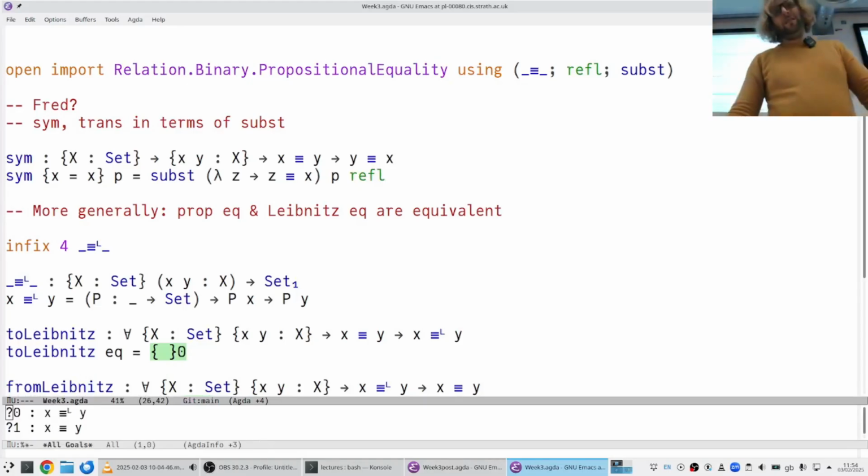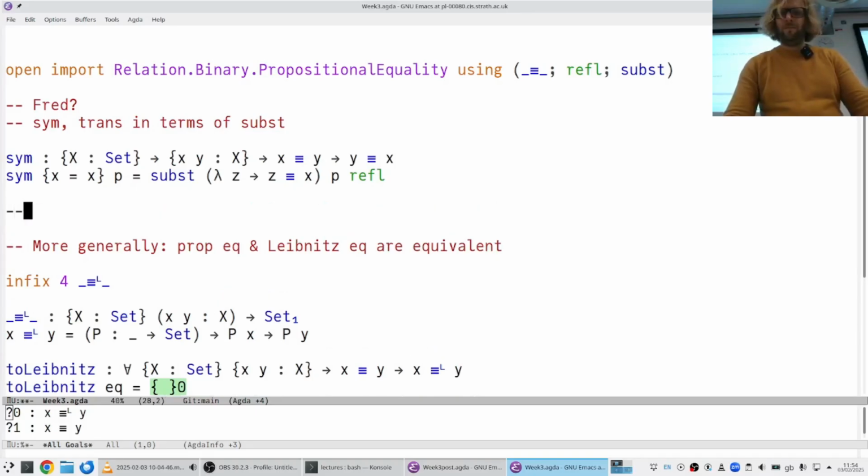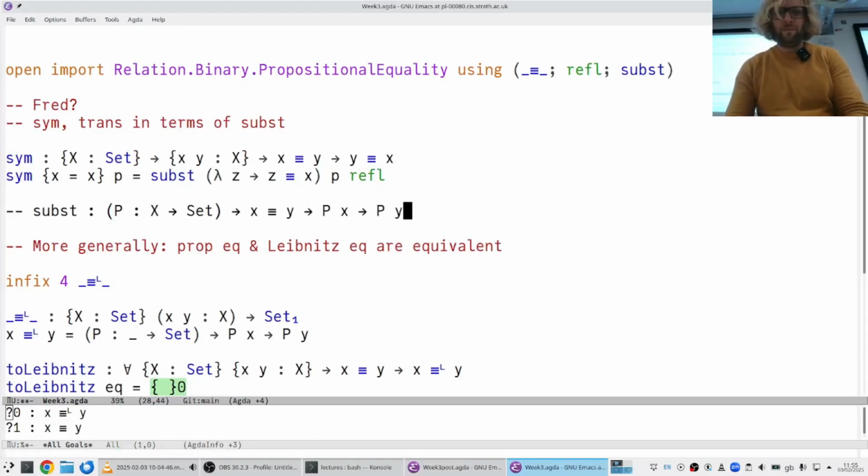But maybe I can give you a few clues about how to do that. So the type of subst is really helpful. This fact that we're parameterizing over some p that computes the return type is actually really helpful because it says, I'm telling you how to make use of some equation to solve whatever problem is in your face. So you should read the very return type of subst, that p of y, as whatever problem is in your face that's talking about y.